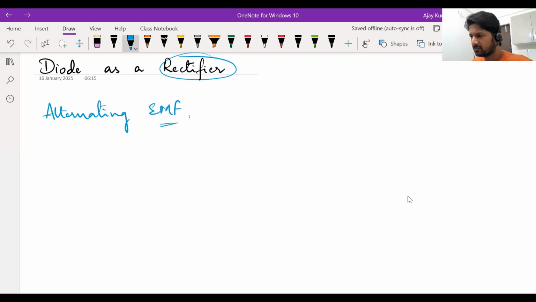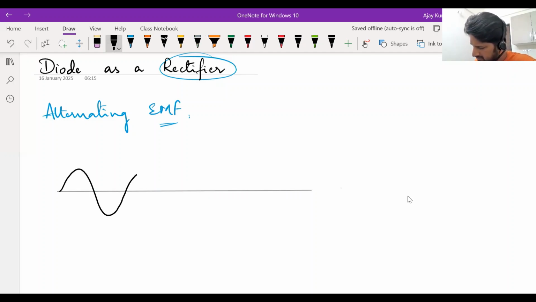What is an alternating EMF? It keeps changing its polarity. For some time it is positive, then sometime it will be negative. So basic AC voltage, like you know the equation E is equal to E naught sine omega t plus phi. So it varies sinusoidally like this. For some time it is positive and sometime it is negative,